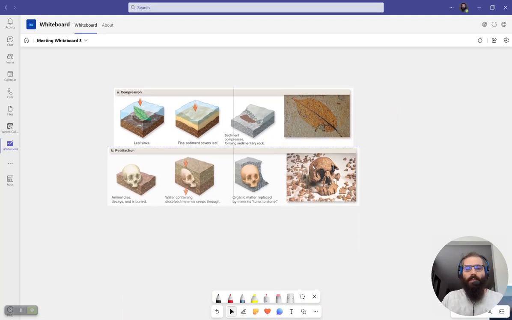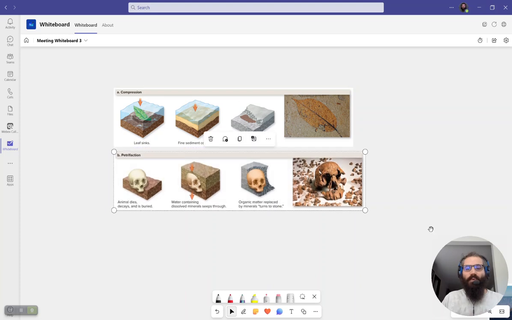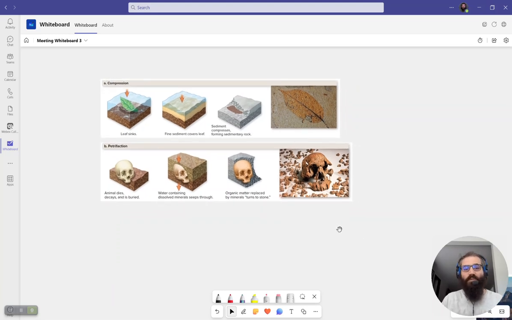The next one that we want to talk about is petrification. The petrification process is different in the sense that it's not in a body of water usually, and the minerals that compose the bones, the remains of the animal, are replaced little by little as water seeps through the sediments and dissolves the minerals in the bone and replaces them with other minerals. So when you look at the fossil, you're actually not looking at bone, organic matter. It's been turned into stone, right?